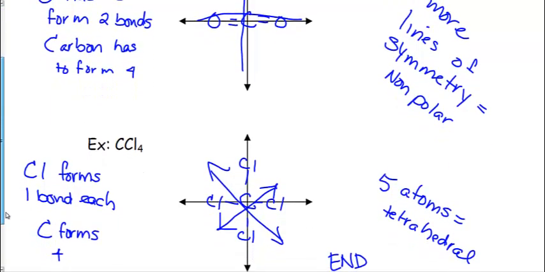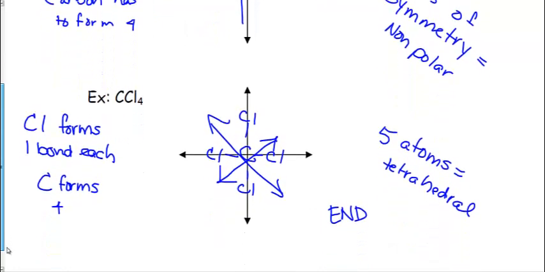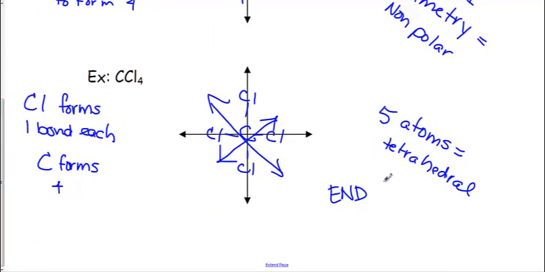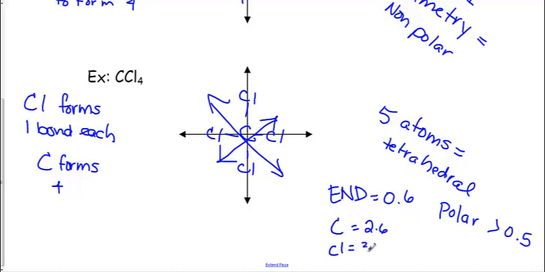They're both symmetrical, both nonpolar molecules, but yet if I figure out the electronegativity differences here, the END between the carbon and the chlorine is 0.6, which indicates that it is polar because it's greater than 0.5. Okay, so here, and I'm just going to show you the carbon, electronegativity value is 2.6, chlorine is 3.2. When I subtract those, I get 0.6,